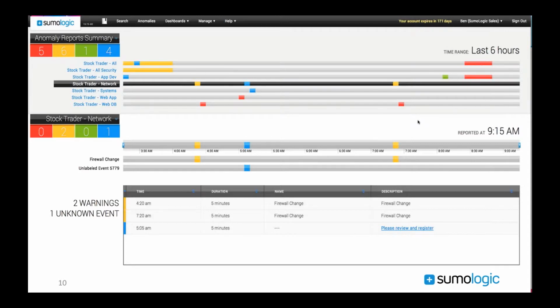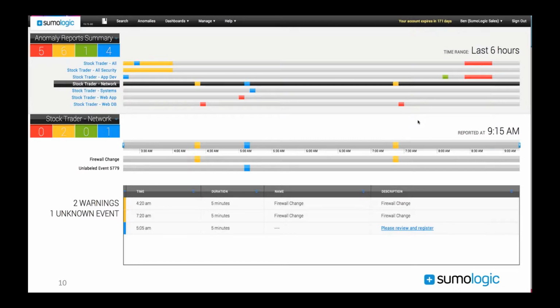This is a quick screenshot of how our anomaly detection engine looks. It is a dashboard, so what we're seeing here is the last 6 hours. And the 5, 6, and 1, the color-coded things that you see on the top left are the events that we have already detected and annotated in the past, right? So the first time when it works, it will only show you that blue bar. So the blue bar stands for the unknown events.